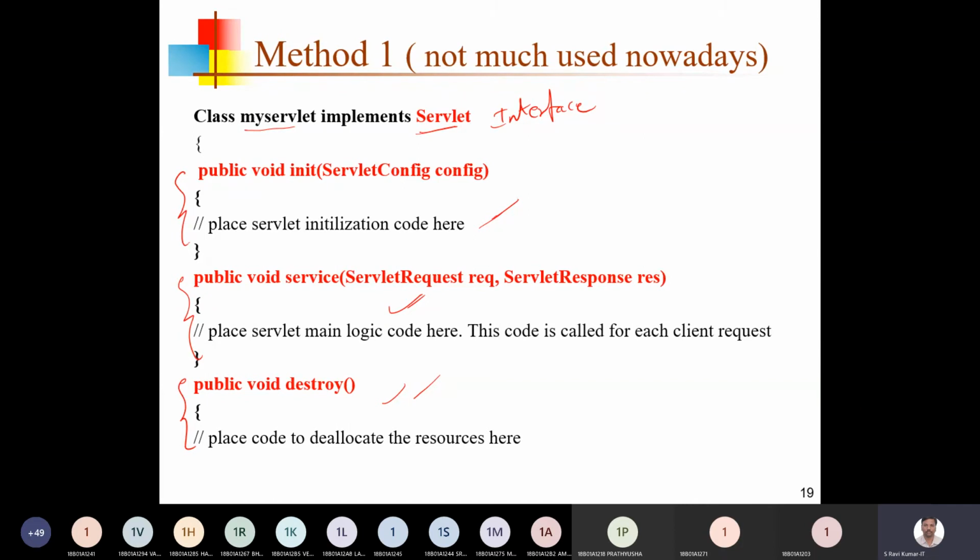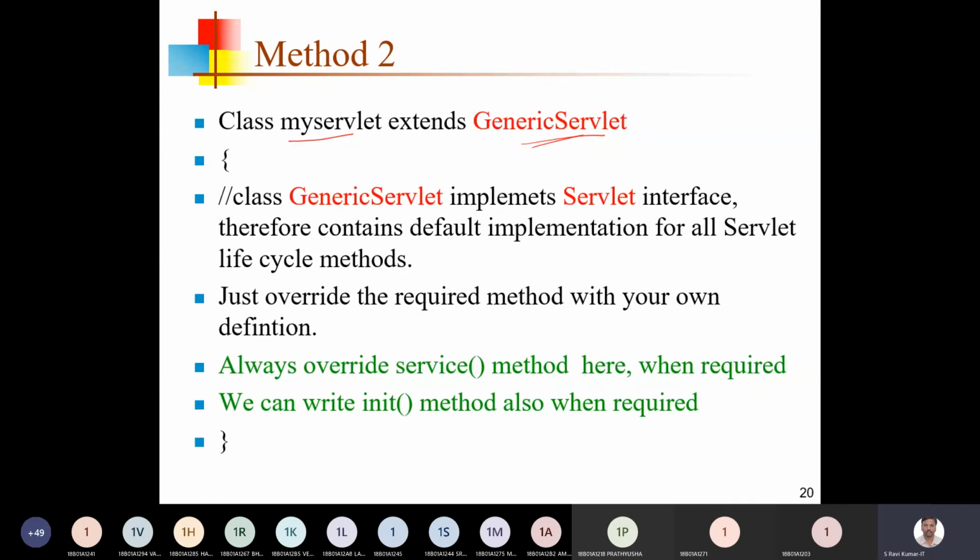But here, these three methods' definitions are provided in the GenericServlet. So your class will take the responsibility of overriding the required methods only. Suppose you have the code for init, you just use the init method in your code. Suppose you don't have sufficient code for the init method, you just omit the init method in the code.